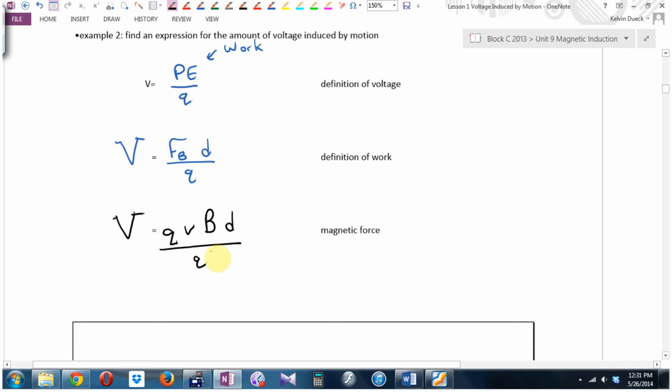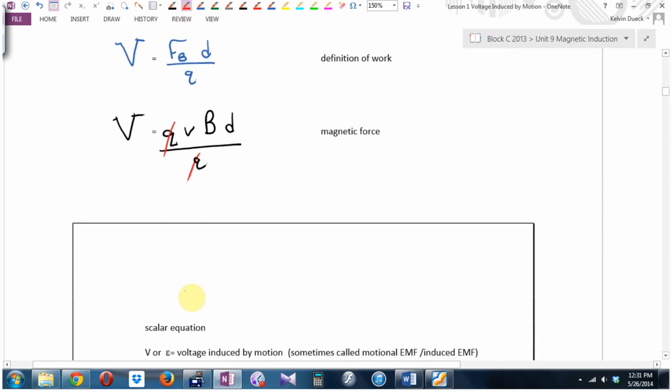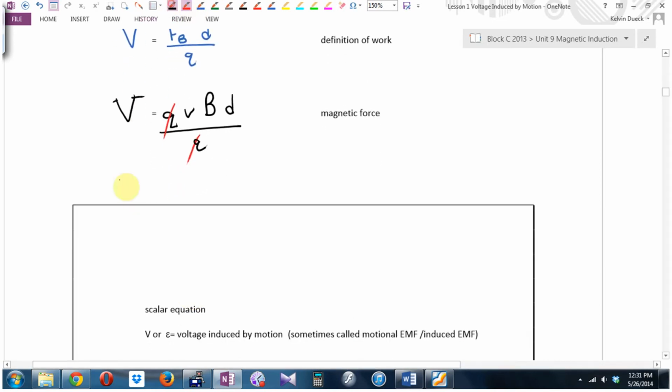Oh, I see something, Sammy. What do you see right now already? Okay, so here is our first equation. Voltage, or on your formula sheet, it's EMF, that's equal to B, except instead of distance,